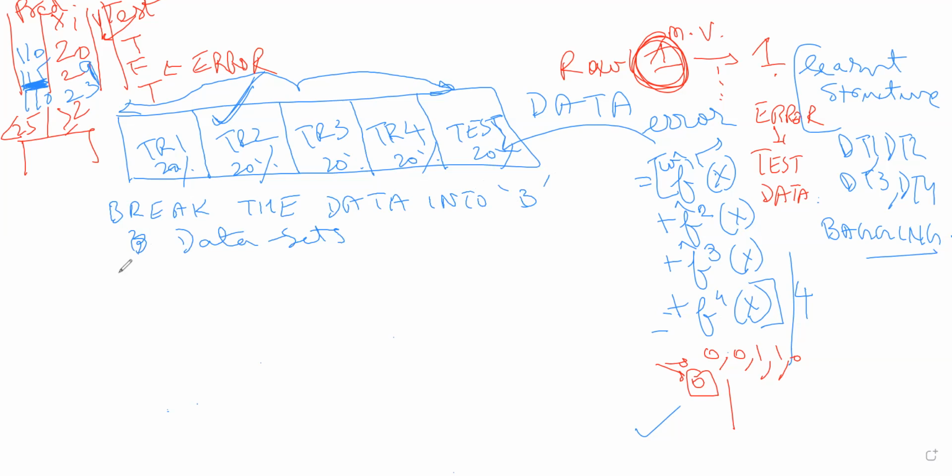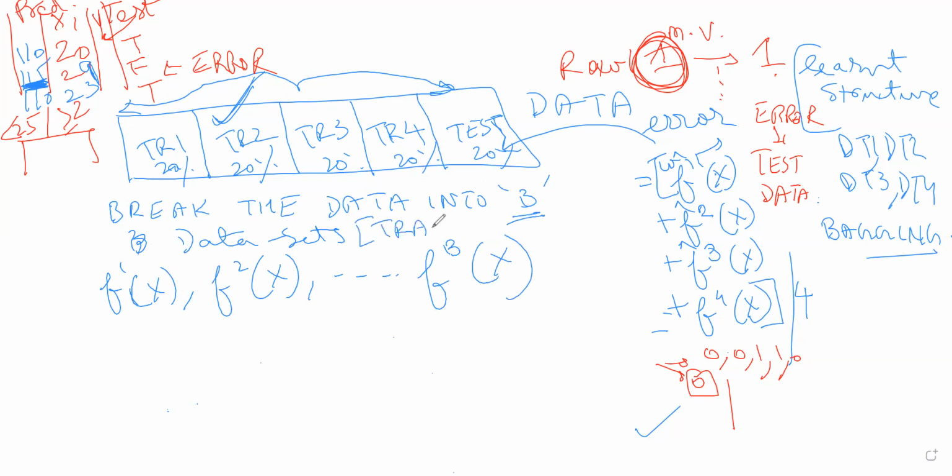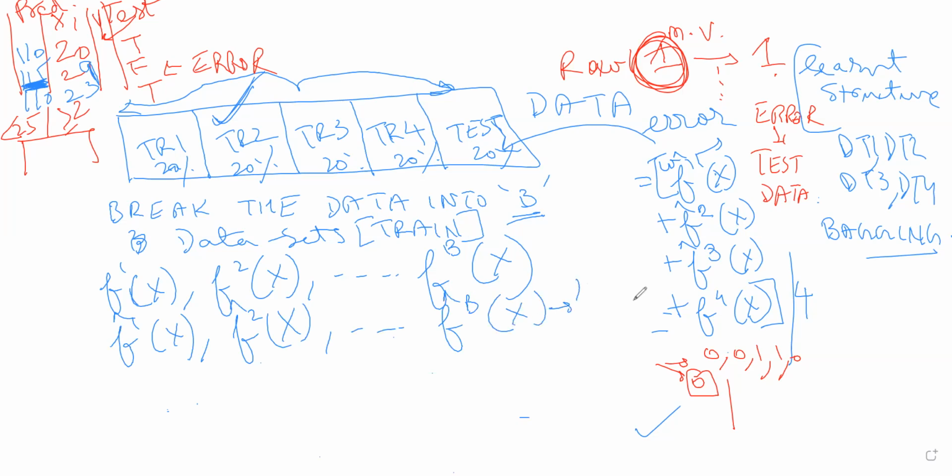That is how many decision trees I'm going to learn. F1, the first decision tree, the second decision tree, and so on. How many of them would there be? B decision trees. Because we have broken it into B data sets, and these B data sets are the training data sets. Once I've learned the structure, they would be called F1 cap, F2 cap, and so on up to FB cap. So these are learned